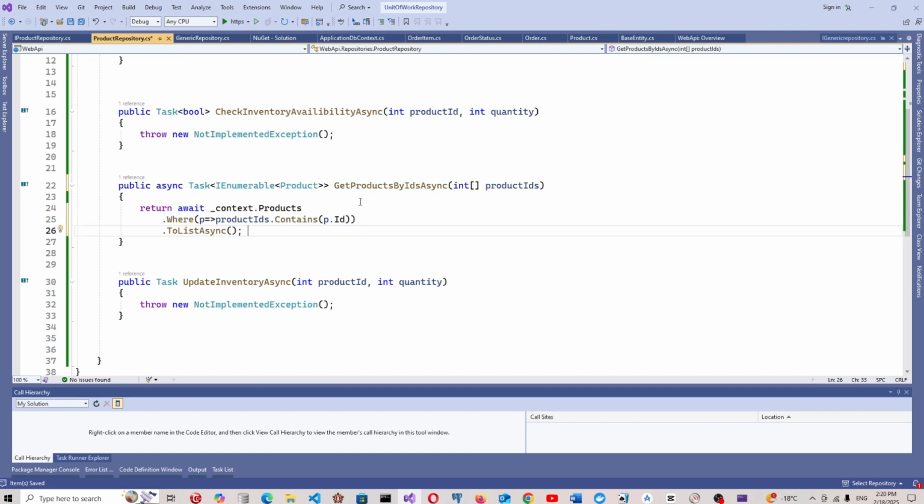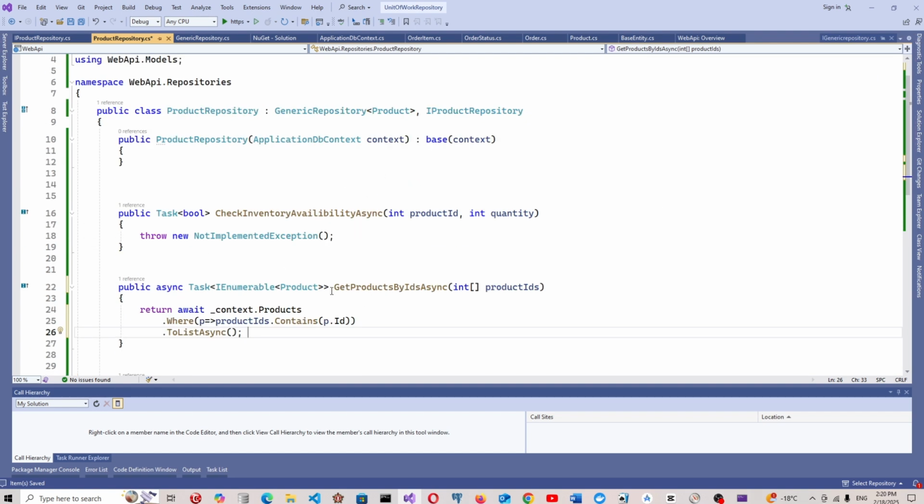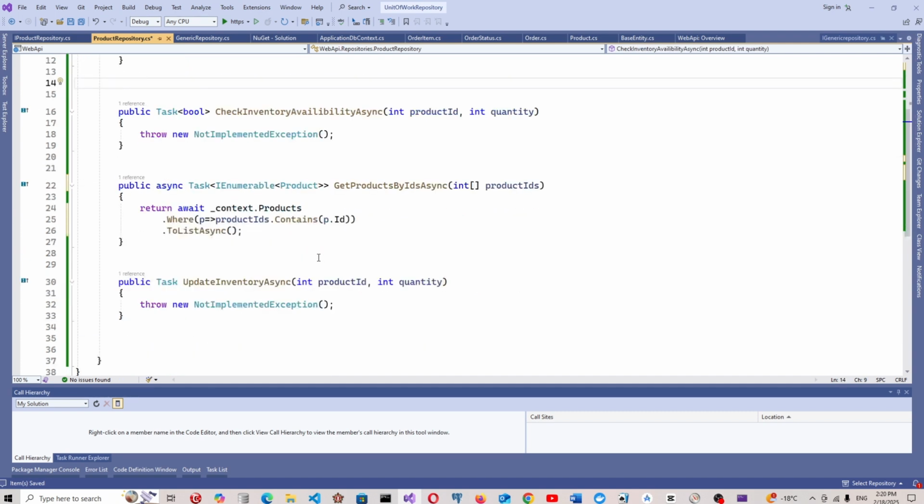Okay, so first we got get products by ID, like this,